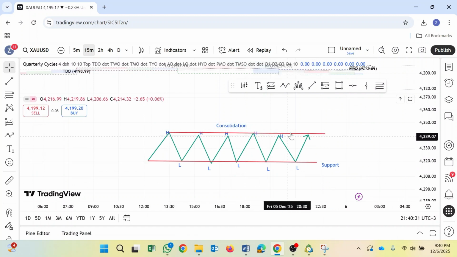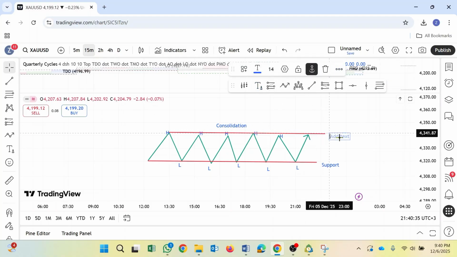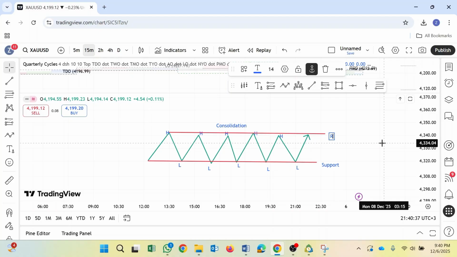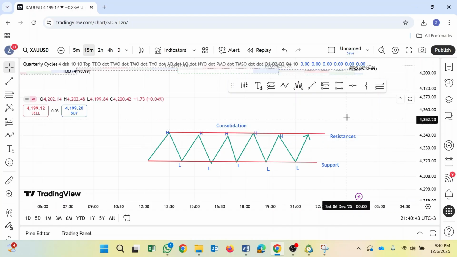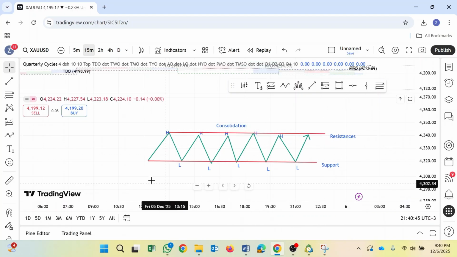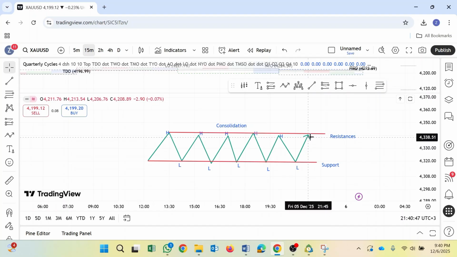Ni kama inashikilia hii chati yetu isianguke. Then huku chini au juu nayo unaita resistance. Resistance. We only resist the proud, ama we resist those who are coming up. So when this chart is trying to go up, it's facing a resistance. When it's trying to go down,